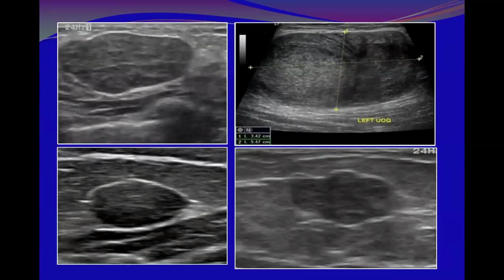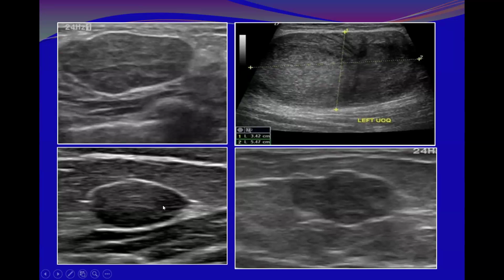Okay, these are examples of oval parallel masses surrounded by pseudocapsules. I have to make sure here the image is not complete. I should not pass it like that. I have to look in real time to make sure the pseudocapsule is intact in the lateral aspects. And again, for this, I have to make sure, yes, it is intact throughout, but I should not pass it. I have to make sure both lateral aspects are okay.